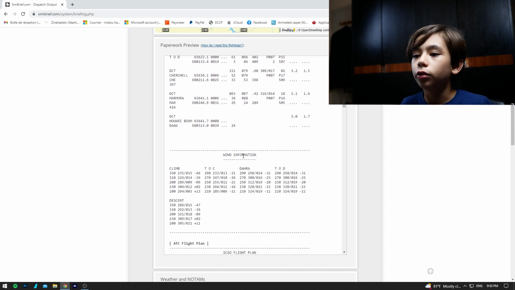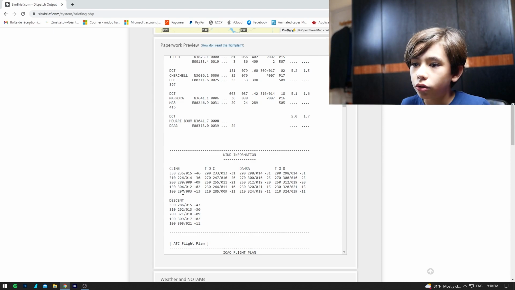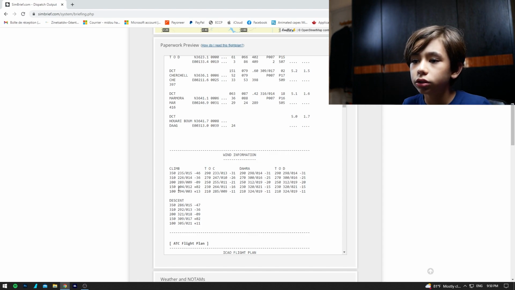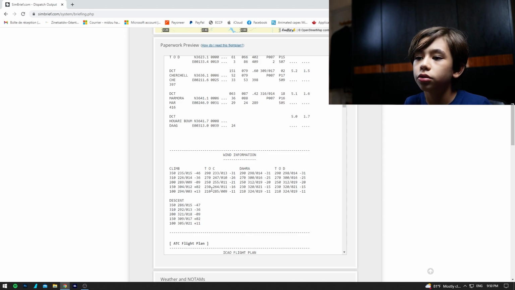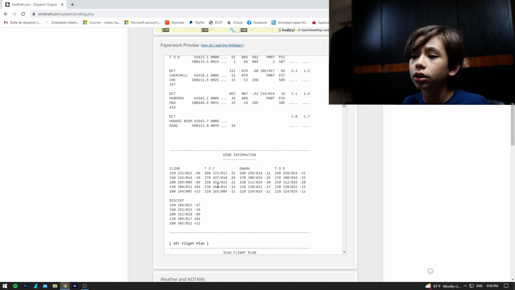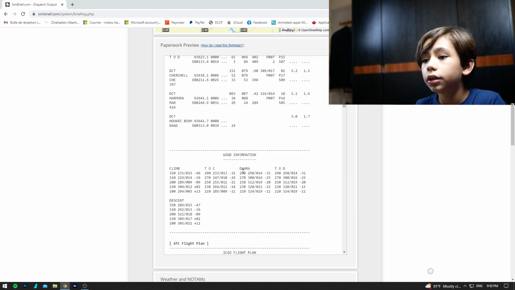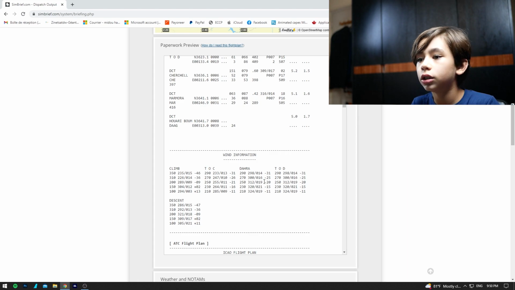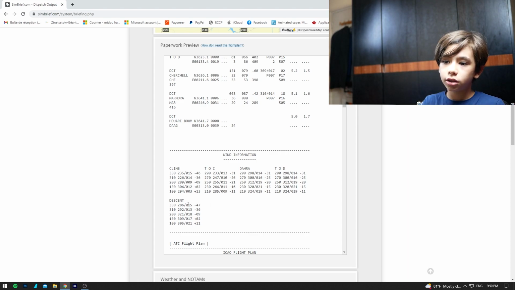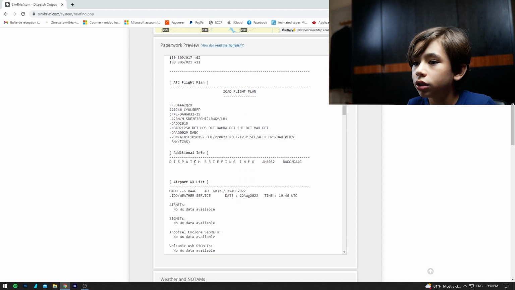Pilot wind information. Our climb, when we climb, flight level 100, this is its fuel and wind information, and 200, 310, 250, and our top of climb 210, 250, 250. 230, 250. 250 is the altitude that I chose. When you reach Dahra, top of climb Dahra, this is its altitude and wind information, and top of descent altitude information, and descent altitude information. Now our ICAO flight plan, you can find it here, our additional info,